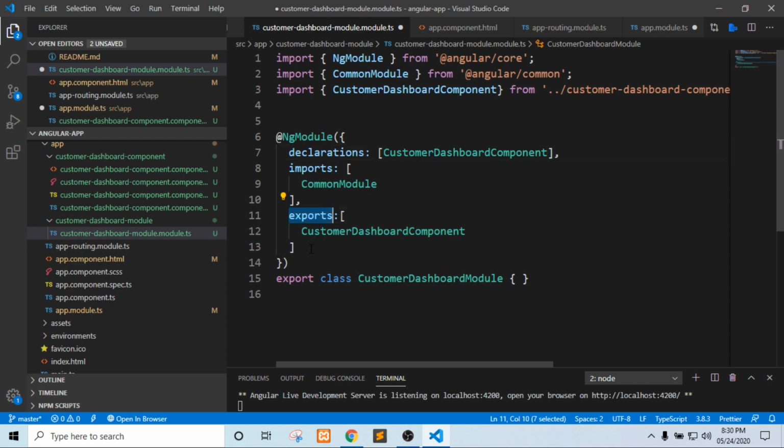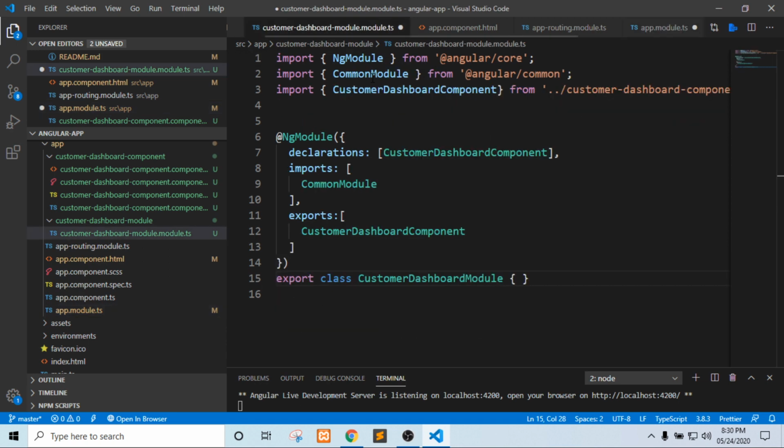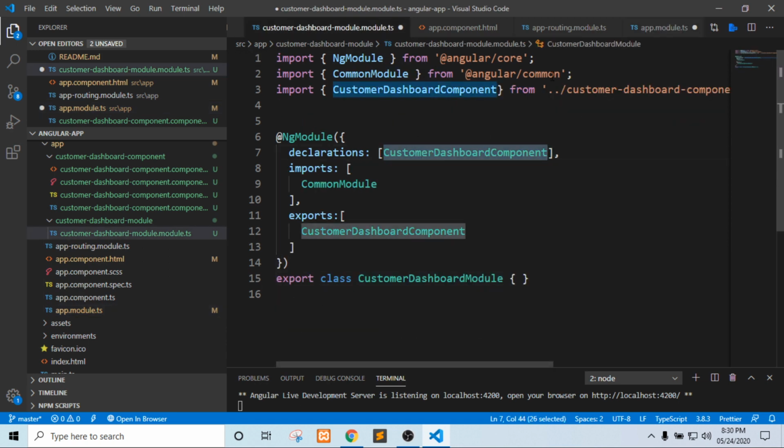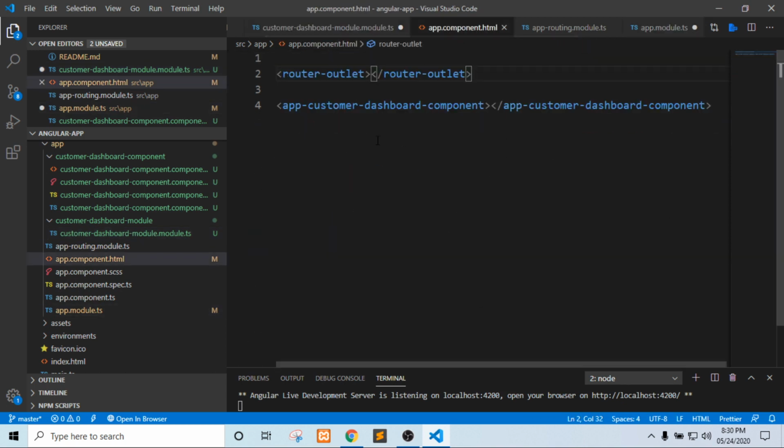The export section is going to make this available to other modules where this customer dashboard module is imported. So if I come here and in the import section put this customer dashboard module, then I can use the customer dashboard component in our app module or app.component file as well.